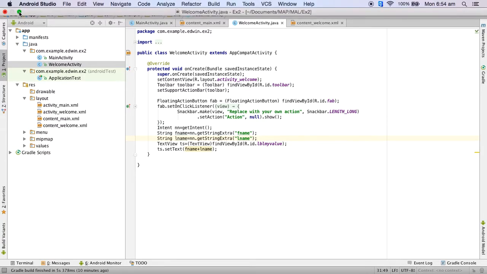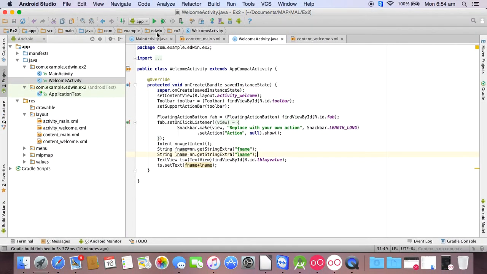So now you can run your application. Click on the green button here. You can see here your application is compiling. Gradle is the component which does that work in Android Studio.